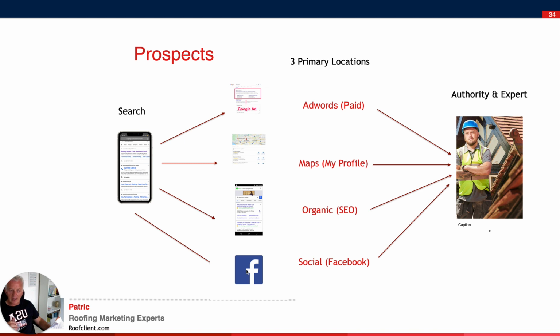So if you have built out your authority and expertise, dominating these four sources will be a primary objective. Like I said, you want to cut a hole through the mountain and put a road that levels out that surface. You will have to be in these four places in front of your prospects, because that's where they're searching. So if you're an authority and expert in these areas, you're going to dominate most search.